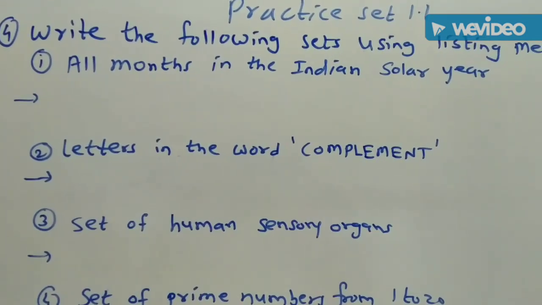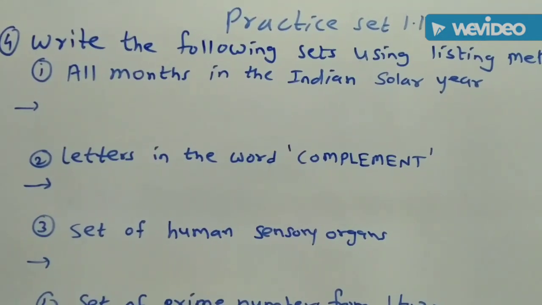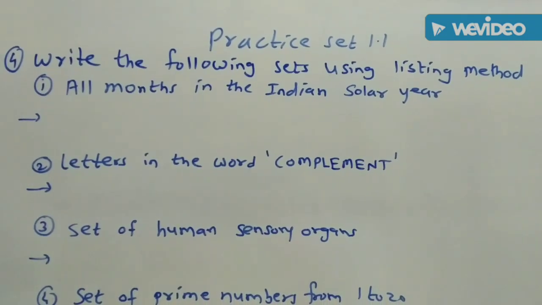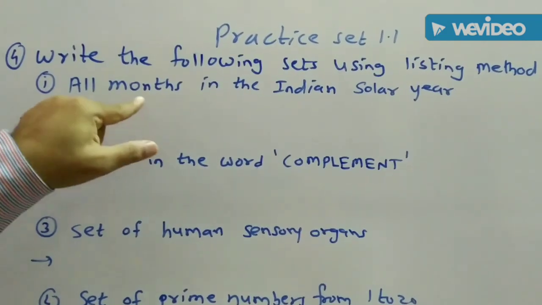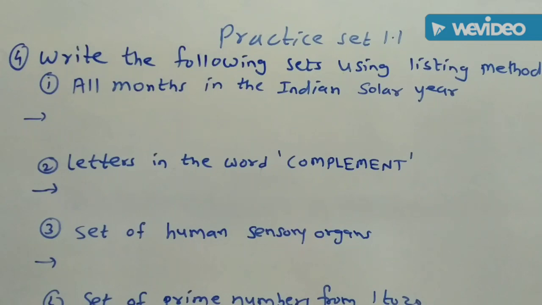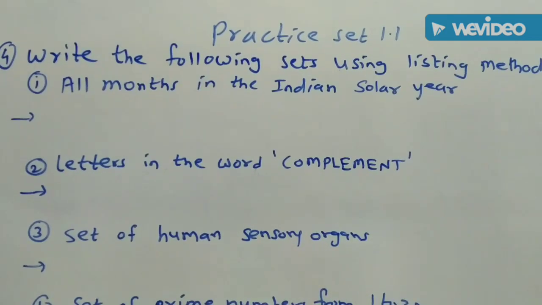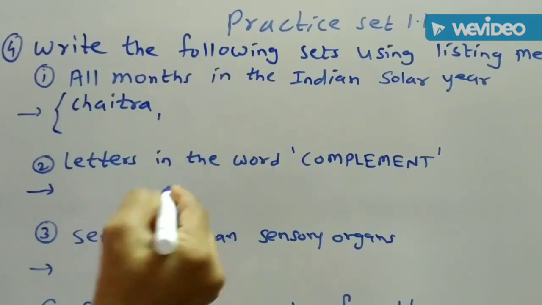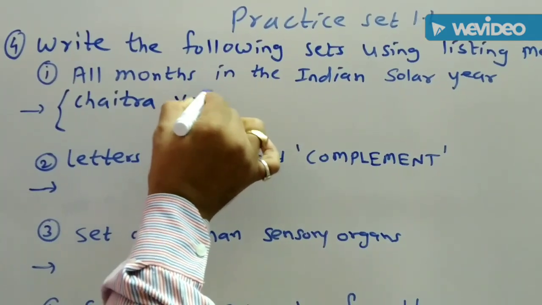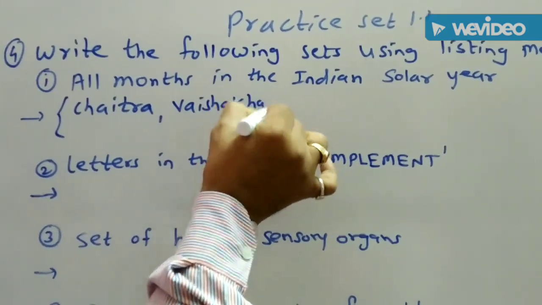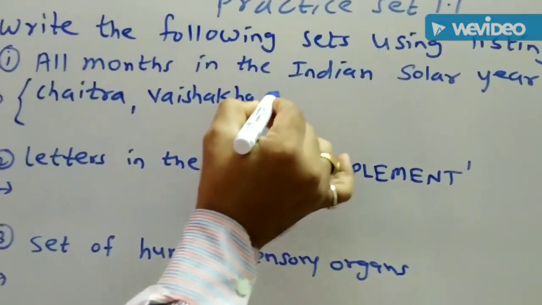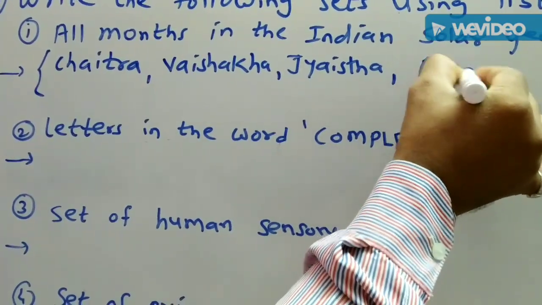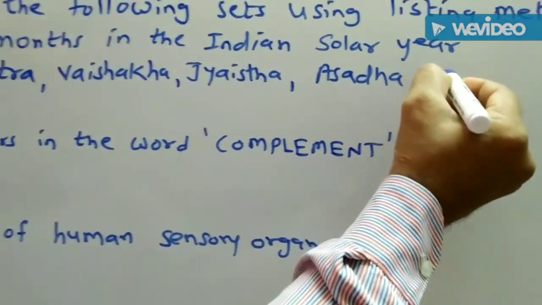Next example is: write the following sets using the listing method. Now we have to write the sets by using the listing method. That means you have to write all the objects in that given set. The first example is all the months in the Indian solar year. There are 12 months. First is Chaitra, then Vaishakh, then Jyeshtha, Ashadh, Shravan,